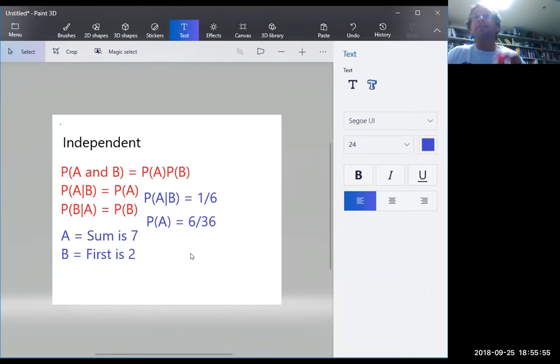Had they been different, for example, had I said the sum was a 4, you'd find out that they were dependent because you get different numbers. Any questions on that? Okay, so that is the idea of independence. I only give you one example of each, but there are a lot of other examples as you watch through other videos and read the chapter, and you'll get other examples. Any questions at all on this?